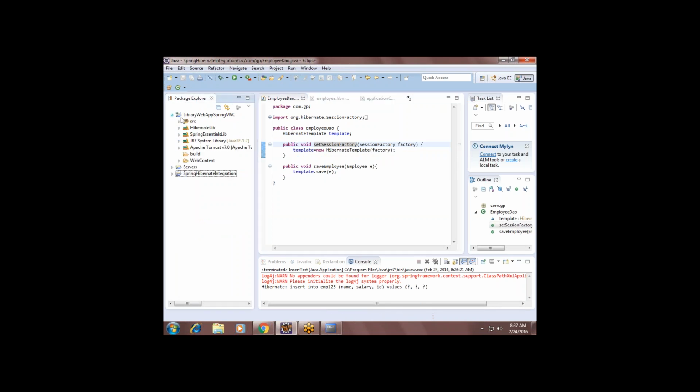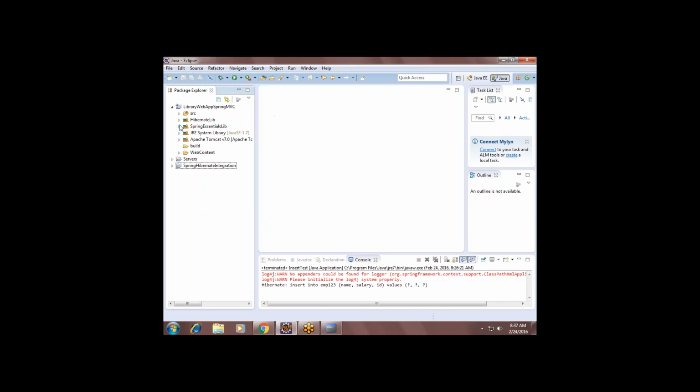And one more thing I have explained. Now you can see, guys, there is another MVC application which I have prepared.